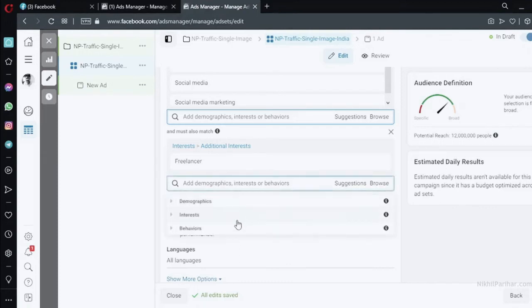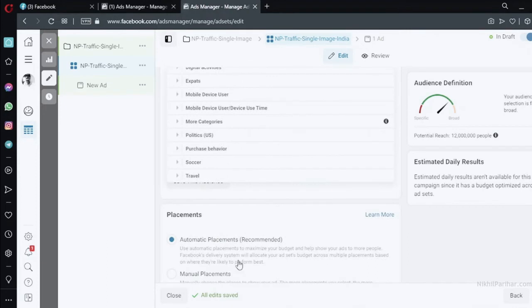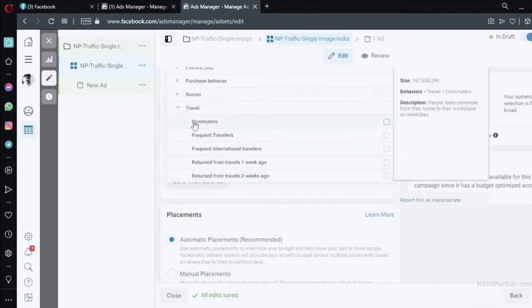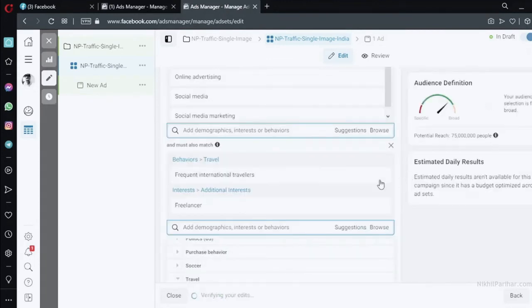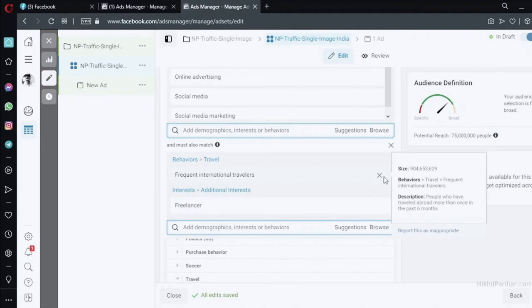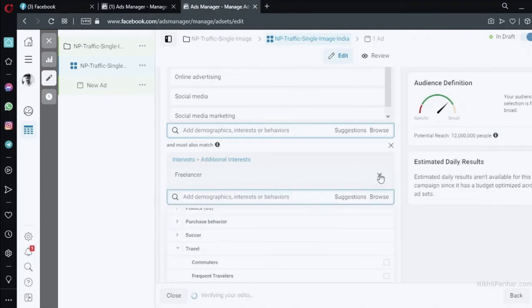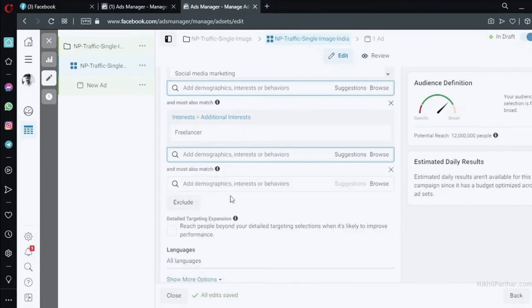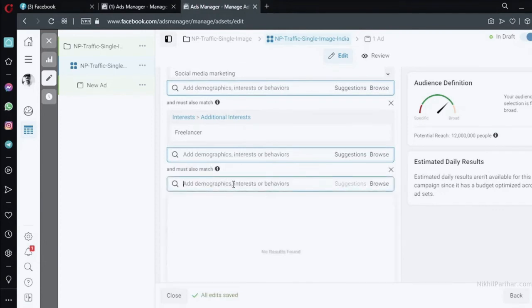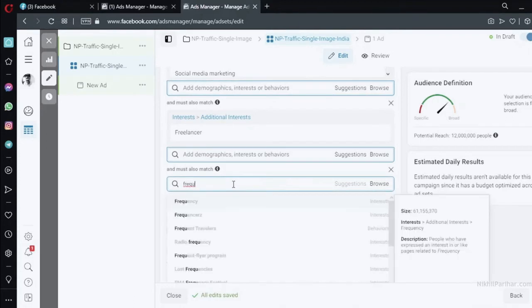So if you go to browse sections, I have this filter called travel. So travel, frequent international travelers. Yeah. So the people who travel internationally frequently. I think it has taken it in the same one. Don't want to target in the same one. Yeah, I want to target it separately. So here, frequent travelers or frequent international travelers.